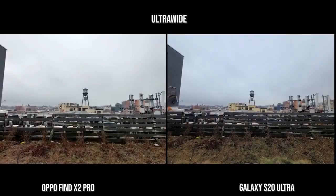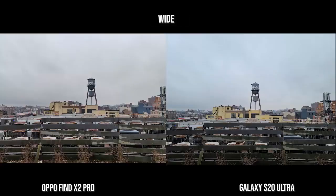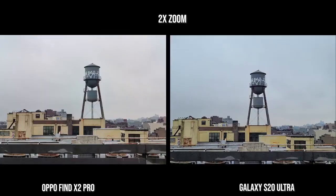Starting off with the ultra wide lens, both look really good. Different color palette. I like what I see. I think it's sharp and clear, although the lighter one right now is the Oppo Find X2. Now the main lens, again, the color palettes are different, but both images look really nice. So I'll say, yeah, they're quite solid here. Now you're going to see some more sharpness when we get to 2x here. This is where the Galaxy S20 Ultra gets a little bit sharper, but again, both images are looking really nice